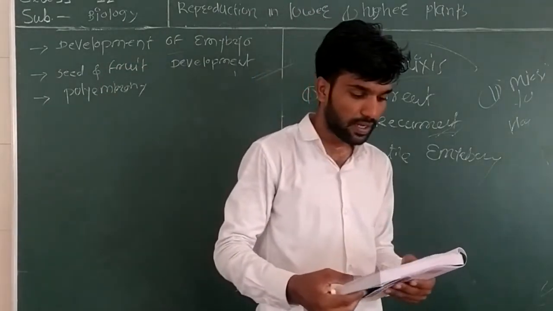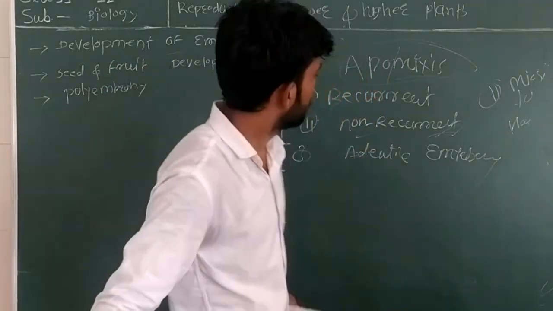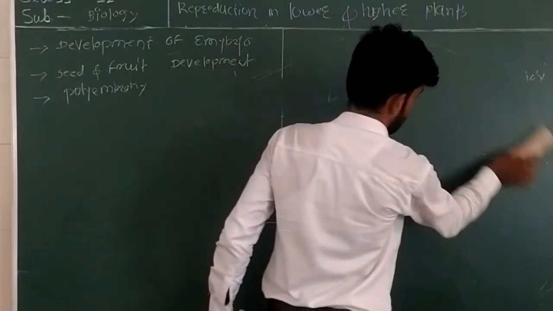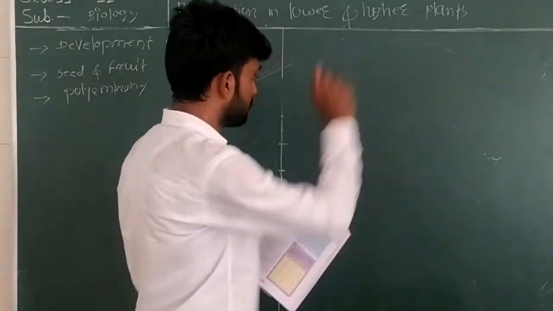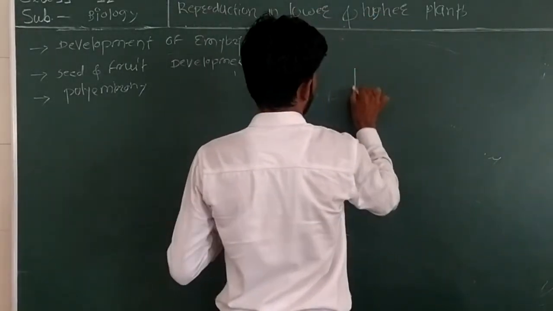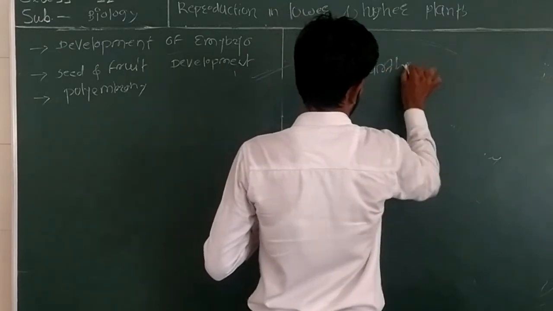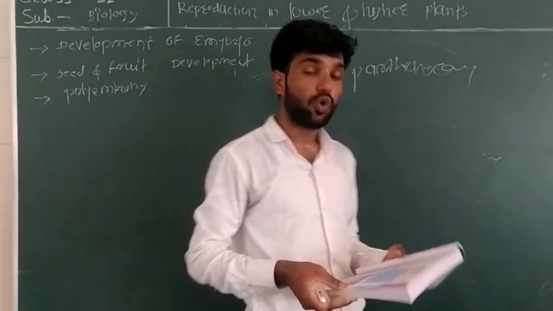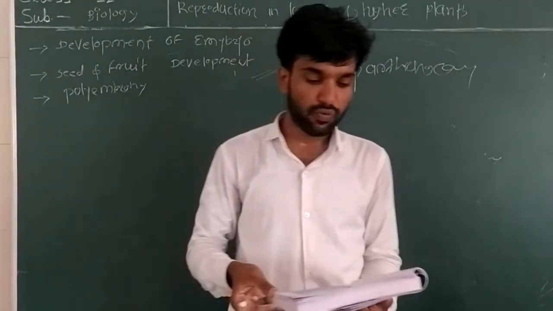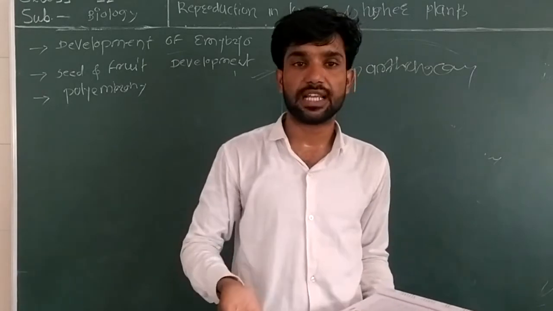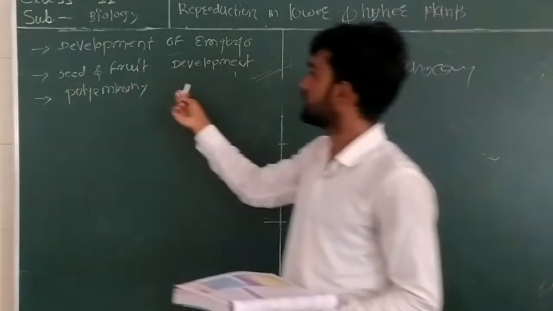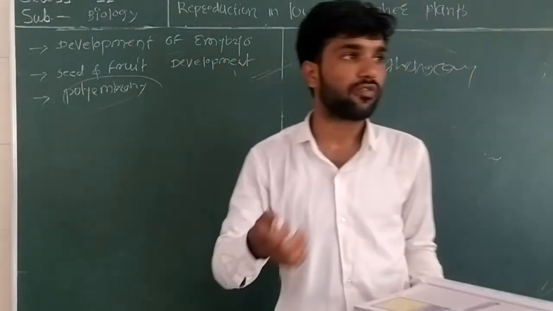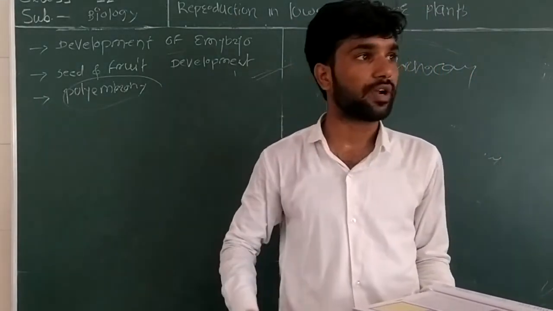Now, another is parthenocarpy. It's not very important, but let me tell you. They are not going to ask you questions, but if it is given in the exam, you should know. It was coined by a scientist in the 19th century. It is a condition in which a fruit develops without the process of fertilization. As in apomixis, there is no contact, no fertilization of gametes, no mixing of any sexual contacts.